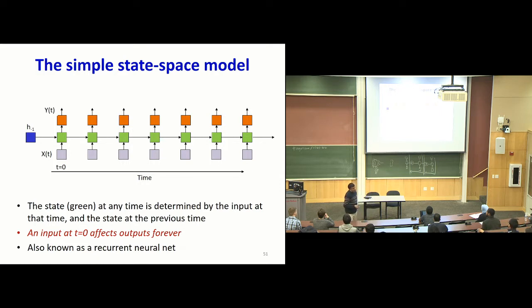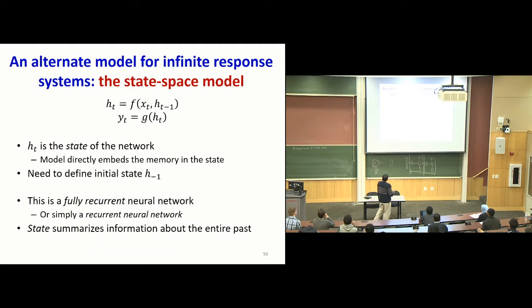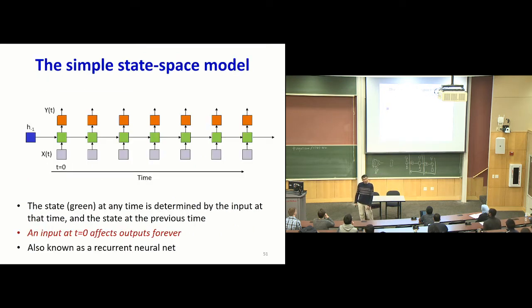To make this model work, you need one extra term, which is that you need to define an initial state of the system. Look at this model. This h, once I go beyond t equals 0, there's this blue block. That's just the hidden state before time began. That also ends up being a parameter that must be set for the whole thing to work. Otherwise, there's nothing to feed forward, right?